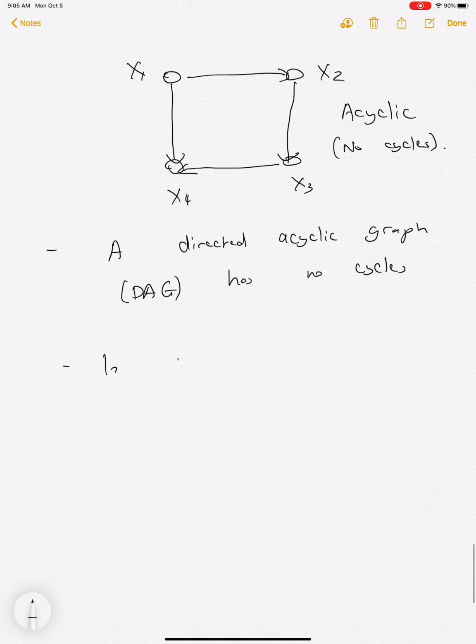And in this course, all directed graphs will be DAGs. There are certainly graphs, as we've already seen, that are directed but are not DAGs, or directed acyclic graphs. But in this course, every directed graph that we see will be a DAG, a directed acyclic graph, and that's